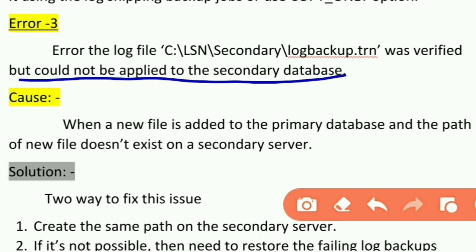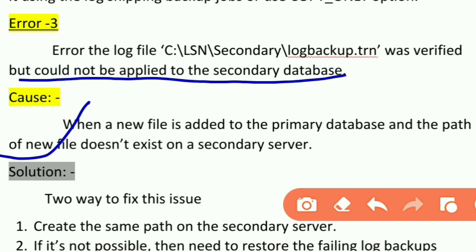What are the problems? As I mentioned as a caution, when a new file is added to the primary database and the path of the file doesn't exist on the secondary server, you will get this kind of error.